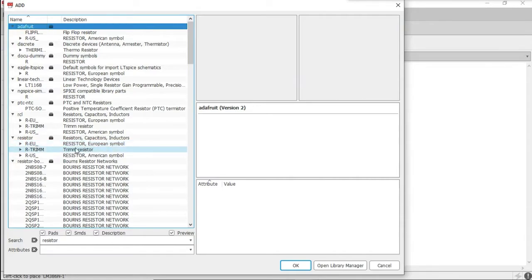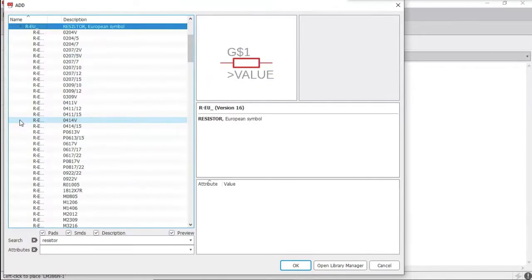Okay, for that we will be using RLC. I'll be a little slow, just try to do it with me. You can see an option called RLC here. Under this, if you click on REU, it shows various resistors available under this category.